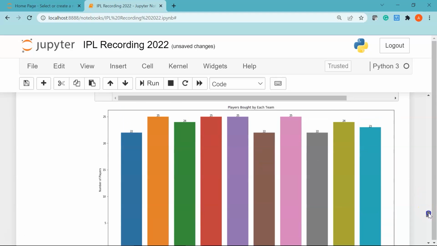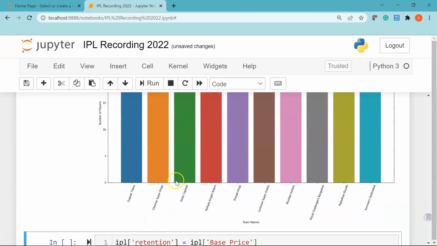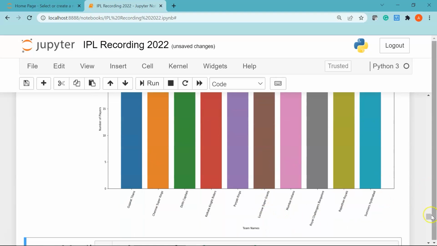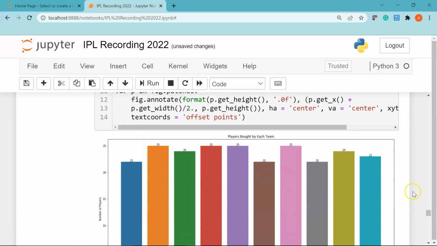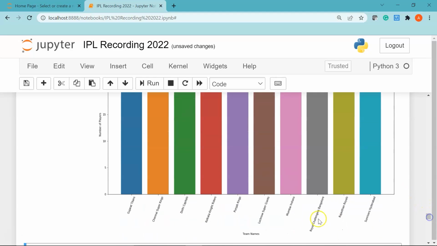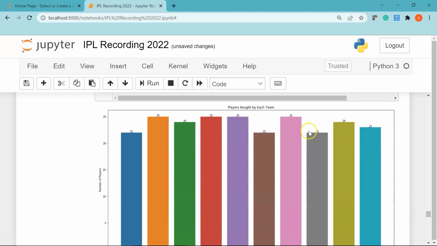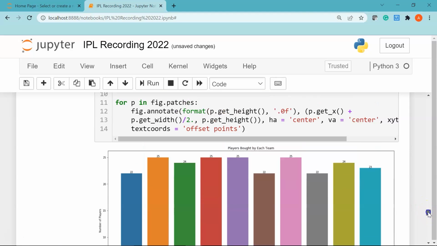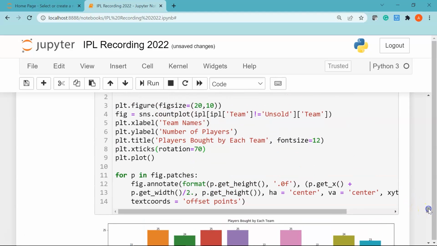Gujarat Titans have purchased 22 players in total. Then Delhi Capitals have 24 players in their squad. Again, Lucknow Super Giants have 22 players. If I scroll and see again, Royal Challengers Bangalore, or RCB, have 22 players in the team, and Rajasthan Royals and Sunrisers Hyderabad have 24 and 23 players respectively in their teams. Alright,